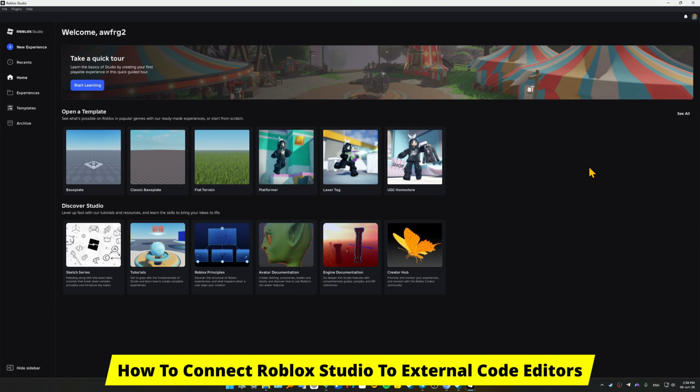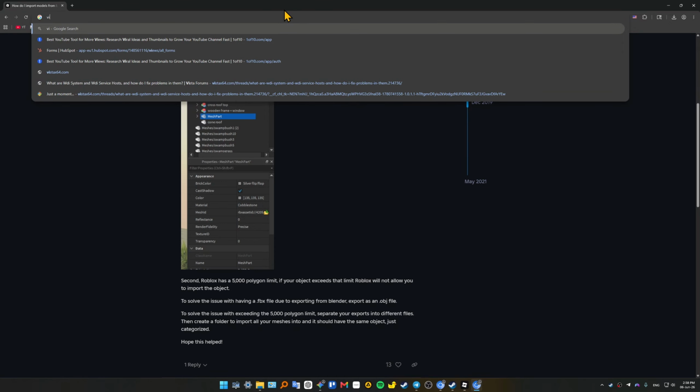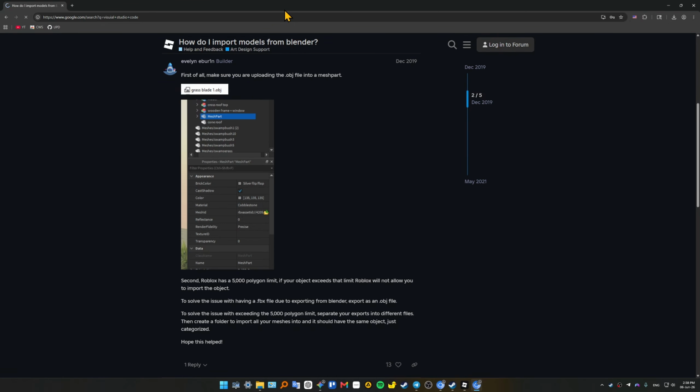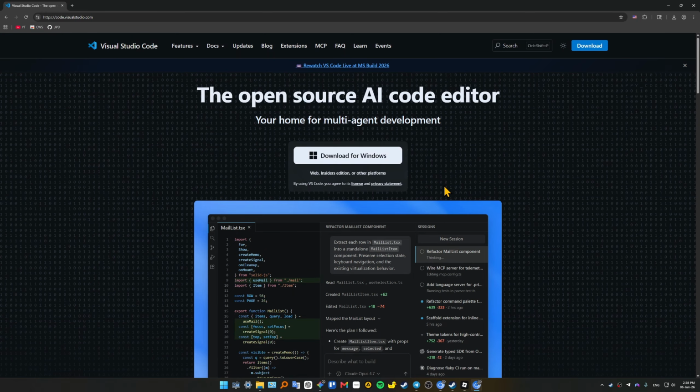How to connect Roblox Studio to external code editors. So guys, you need to download and install Visual Studio Code. So open up Google, type in Visual Studio Code, and download this. Open your project terminal window inside the local directory folder and run a global initialization script command,